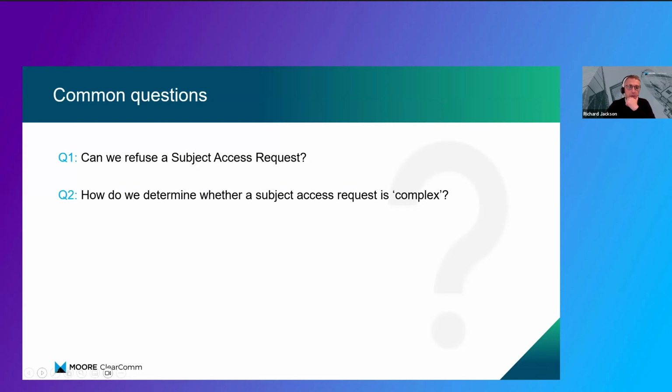Okay. So the second one that came in was how do we determine, or define, I guess, is a word there, whether a request is complex? So there's a number of factors that you would look at. There's some guidance on the ICO website that supports this as well, but you'd be looking at